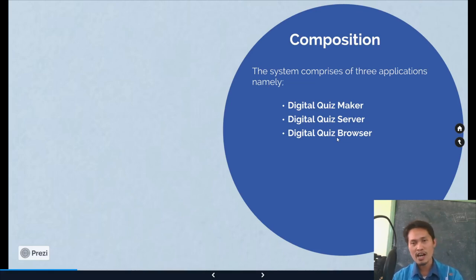So this presentation was created before that launching, and kulang po yung nilagay ko po dito na application, because right